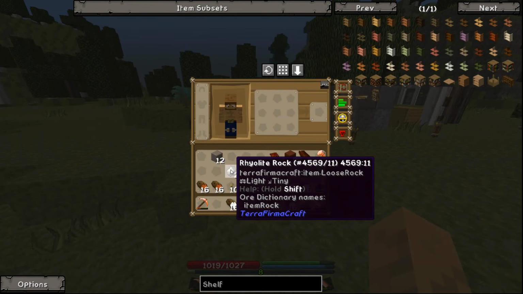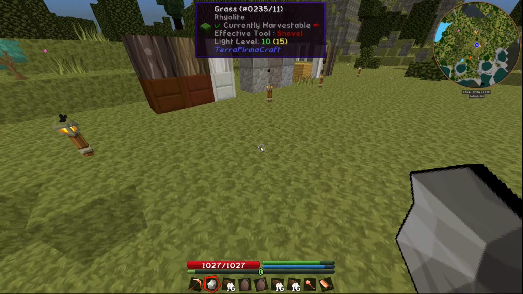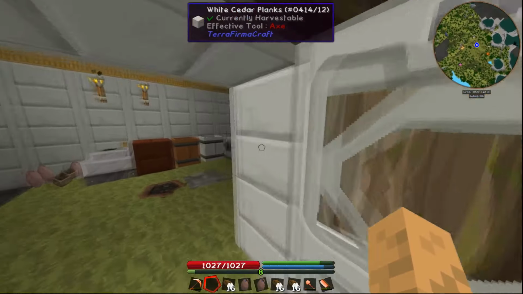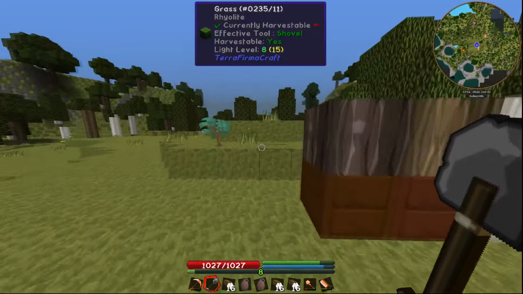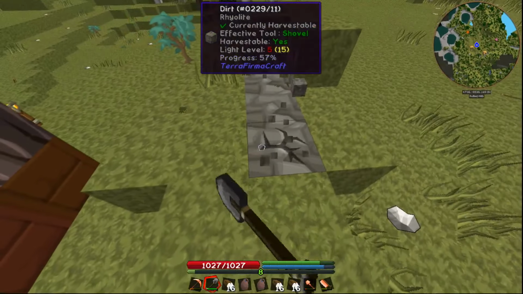So now what we need is a shovel. Let's go ahead and make one of those real quick. I don't think we have any sticks on us. Let's go ahead and grab a stick for the shovel. Here we go. Just got one. And now we're going to dig a small pit in the ground right back here. I like this area. This is where I'm going to put it. So we're going to want to dig out a little